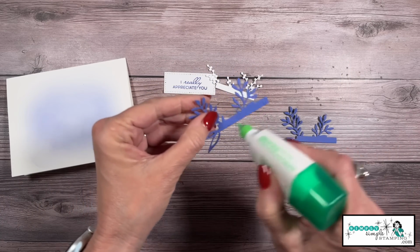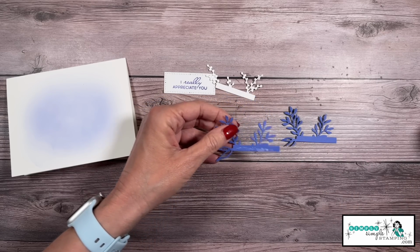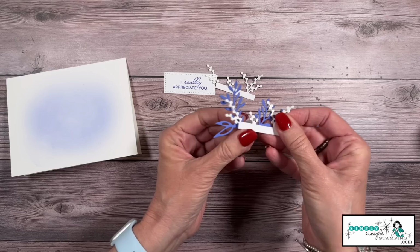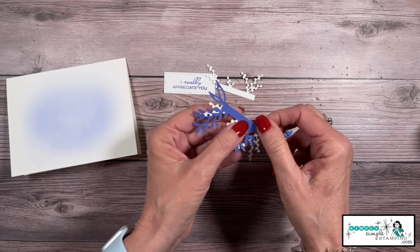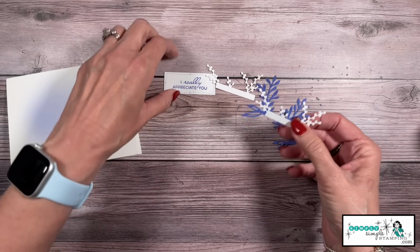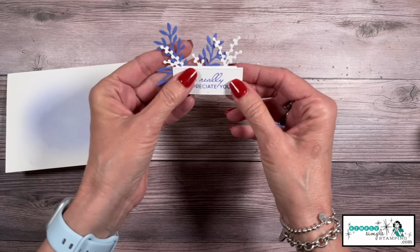Now you can use your favorite adhesive here, but you know what? Multi-purpose glue is going to be just perfect, because what I want to do is I'm going to layer these 2 little banner strips just right on top of each other. Now I want you to see they're not perfectly straight on each other. I want to kind of stretch them out a little bit. And then what we're going to do is we're going to add that right